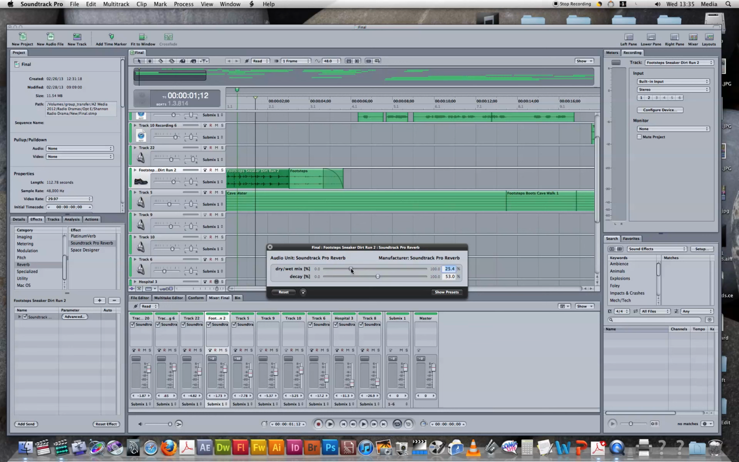The reason why I want an echo on it is so it gives the audience a feel and reality that they are in a cave and that they're running in a cave. So what I need to do is just make sure that I've got it highlighted, so just click on it, and then I need to go over to this little bar here, so effects, then I need to scroll down until I find reverb, and then I need to double click on Soundtrack Pro reverb,